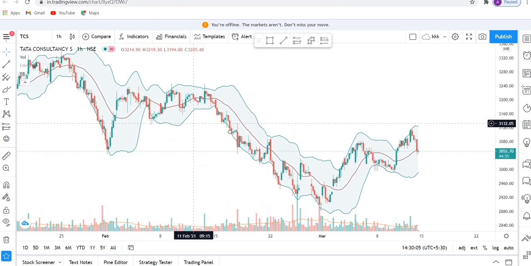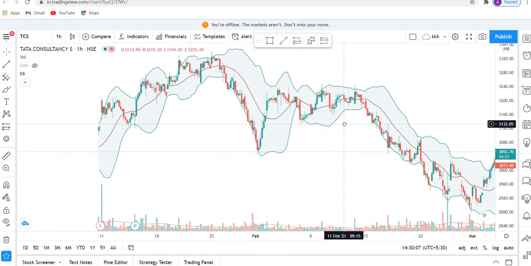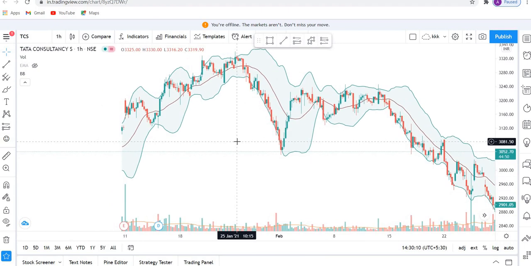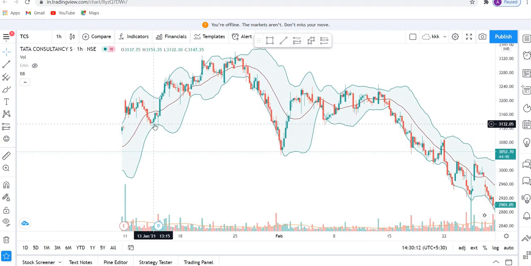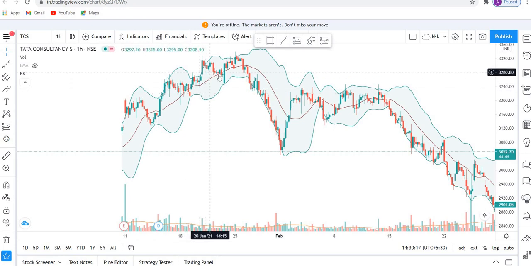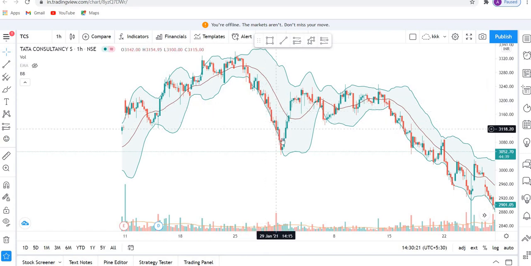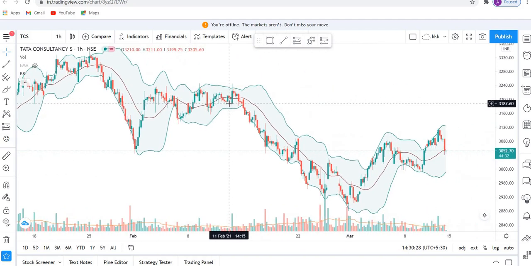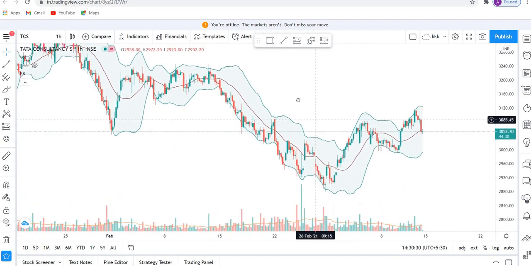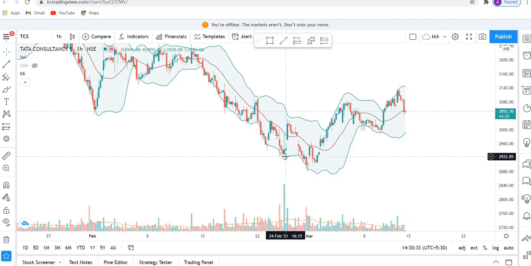We can see how effective it is. If we move back a little bit in the share of TCS, then we find, look here, the lower band touched, upper band touched, again lower band, again upper band, again went down, again went up, and then it has not broken the band, moving within the band, then again moved up, then down, and then again moving up. So this is how you can take the trade, and this is how you can book the profit. This is how you can decide your entry and exit points with the Bollinger Band if you are a trader or a contrarian view person in the market.